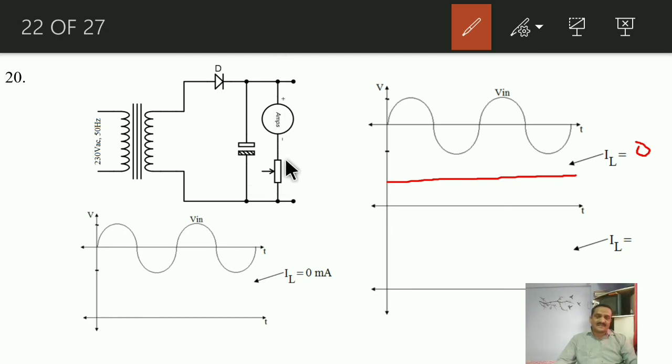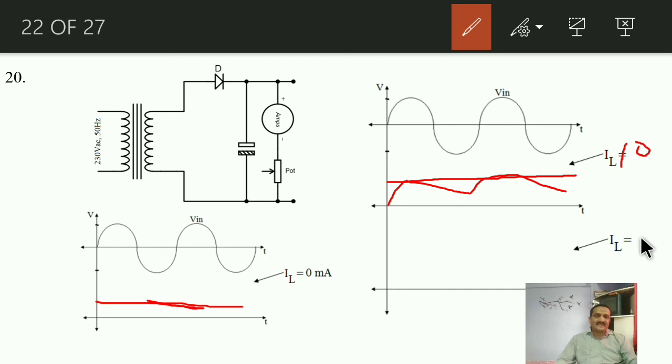That's why you will have a straight line across that capacitor. Now if load is connected, and for IL, I have shown it over here, IL equals 0, you will have the output like this. Whenever you have somewhat non-zero IL, a very small IL, for example like 5 milliampere, by connecting this load, then this capacitor will get charged like this and somewhat discharged like this. So you will have the output like a somewhat ripple.